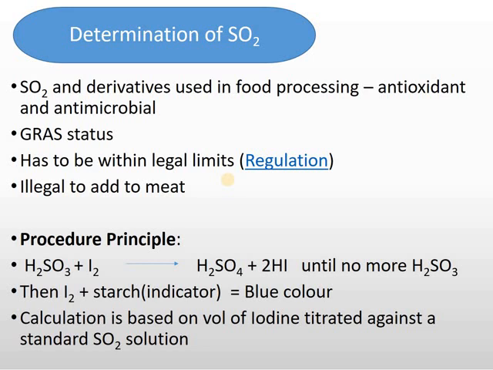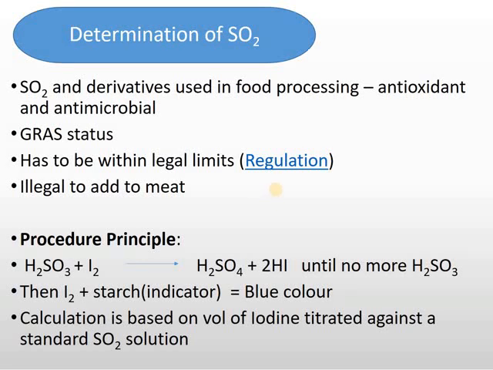So then, as I already mentioned, since this is something that's very important, it affects the functionality, the attributes, and most importantly, something that we look out for, the shelf life of food. Therefore, we have to monitor it, and by monitoring it, we have to analyze it in food. It's a very simple, straightforward process whereby we have your sample that is suspected to contain sulfites or any derivatives of sulfites. And then what happens is that we add your sulfuric